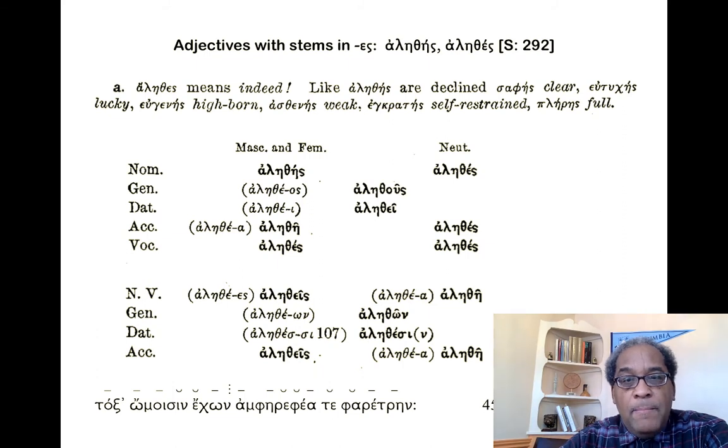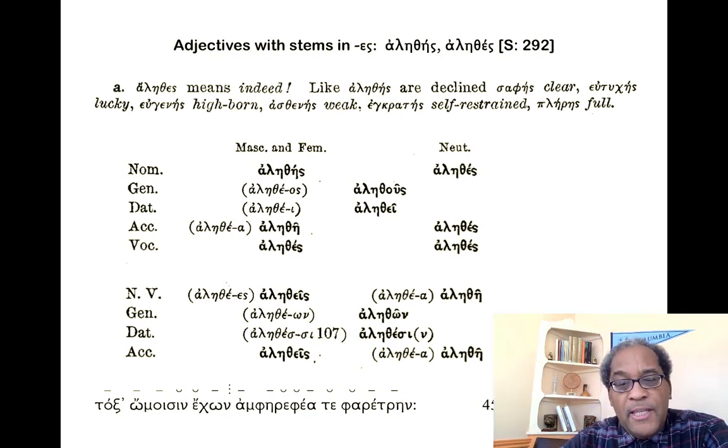So likewise, the masculine, feminine, plural, you have the uncontracted forms in the nominative all the way through: ἀληθές, ἀληθέων, ἀληθέσε, ἀληθές, ἀληθές. And again, you have to watch out for those forms in Homer and Herodotus, although they actually are easier than the Attic forms. So coming up in line 45 of Book 1 of the Iliad, we're going to have